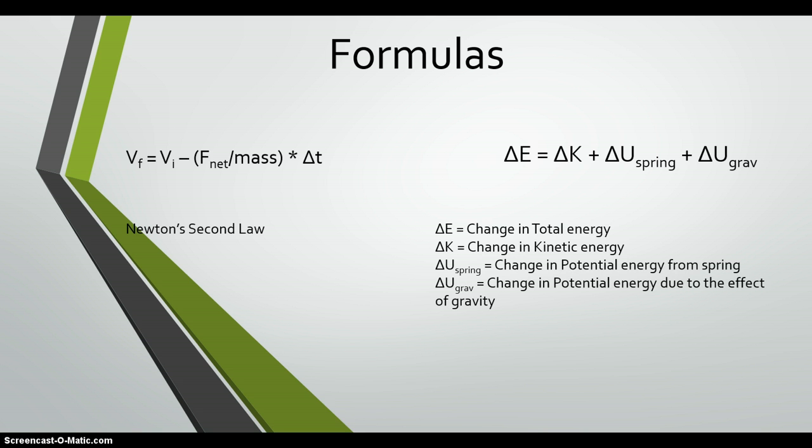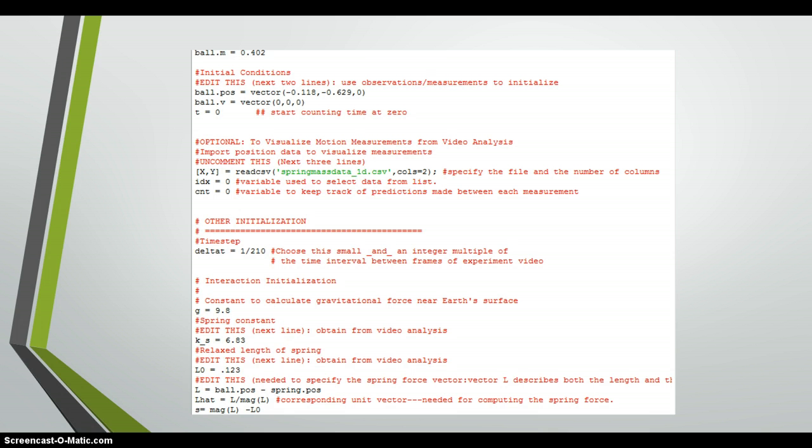Alright, let's take a look at the code used to create the model. In order to create the model, we take the spring constant K from the video where the spring only moves in the vertical direction. Through some calculation using Newton's second law, we can obtain a mass of 0.402 kilograms and a spring constant of 6.83 and an initial length of 0.123 meters and a final length of 0.7 meters exactly. I also created a CSV file of the data from Tracker using Excel, and I also found the period to be